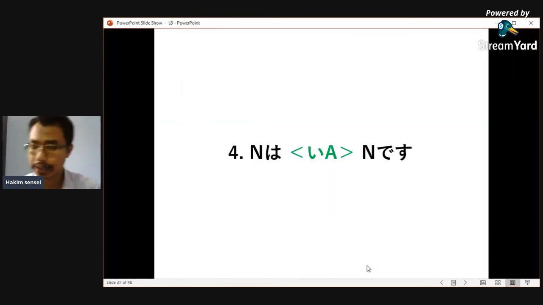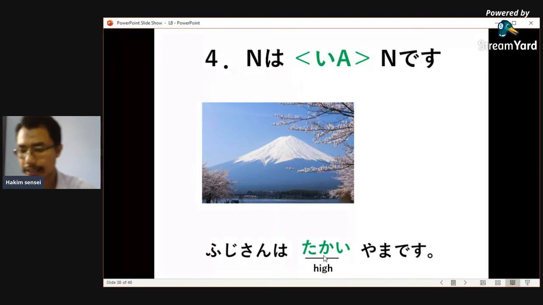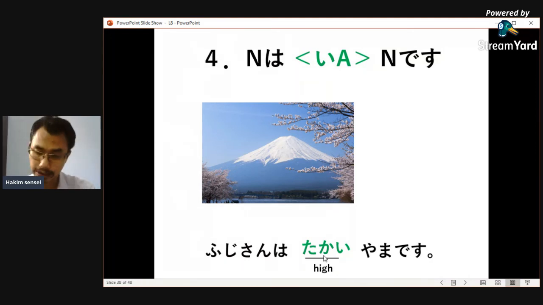In the last session for chapter 8, what we discussed was i-adjectives used together with nouns. Unlike na-adjectives, for i-adjectives it's much more straightforward. If you see a sentence like this, you can see the noun after the adjective, but there's no need to change anything. Just simply say Fujisan wa takai yama desu. Fujisan is a high mountain, right? No need to add, omit or delete any character from the original i-adjective word.